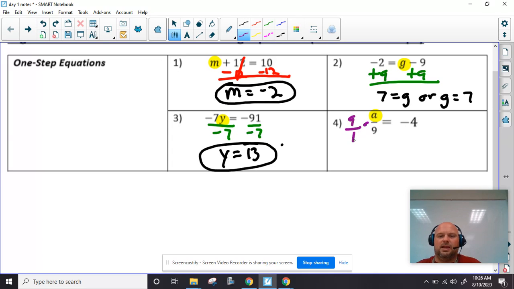Now, I'd rather you use a dot. Please don't use an X, okay? The reason why, we're in Algebra 1 now. X's are variables. If you use X's all the time, you're actually doing something wrong. So now we have a right here, and we have a negative times a positive, and that's going to be